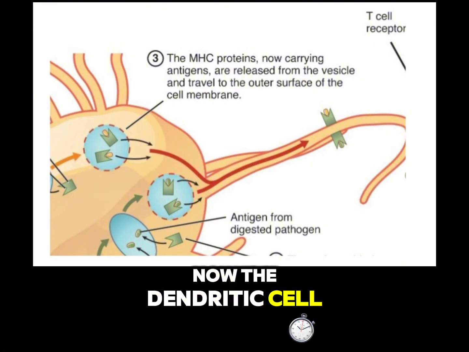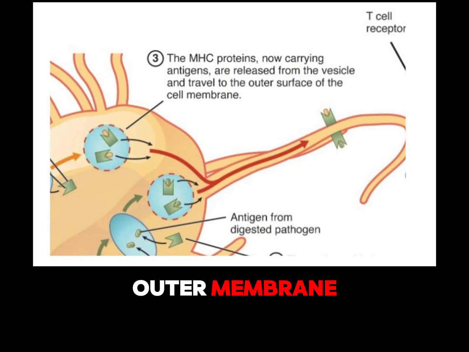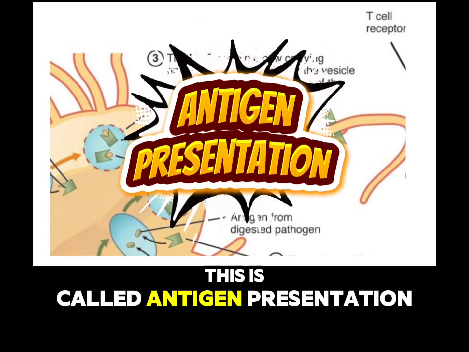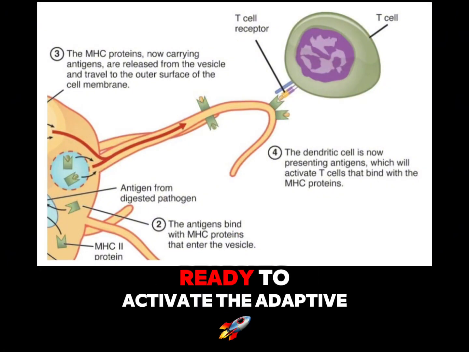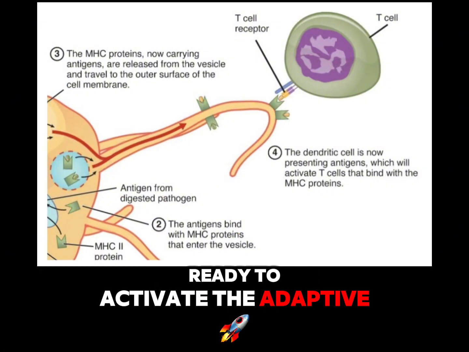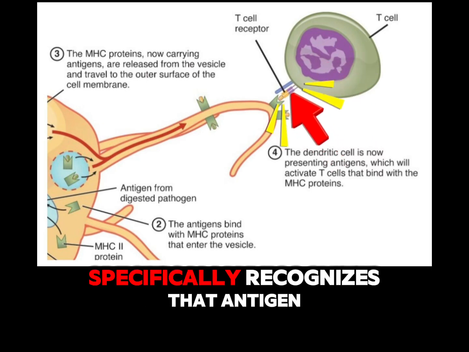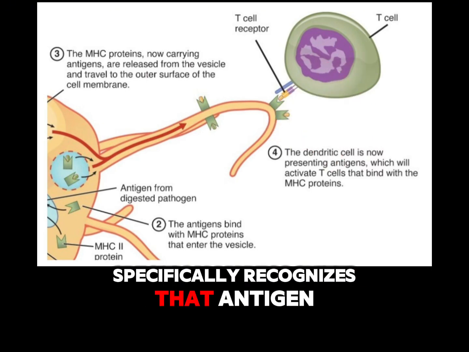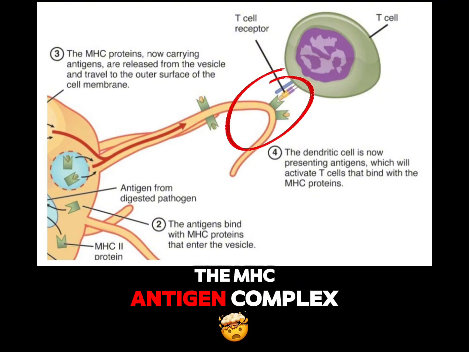Now the dendritic cell is literally wearing the antigen on its outer membrane. This is called antigen presentation. At this point, the dendritic cell is ready to activate the adaptive immune system. When a T cell with a receptor that specifically recognizes that antigen comes into contact with the MHC antigen complex,